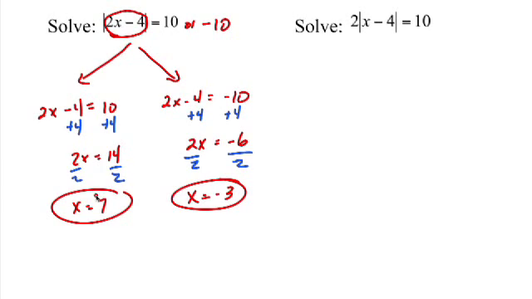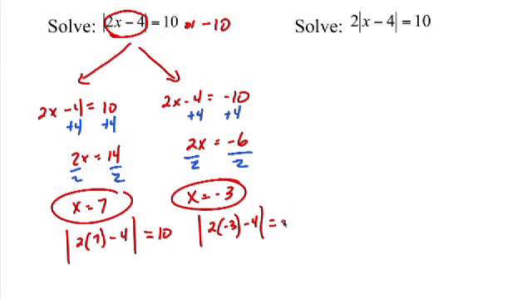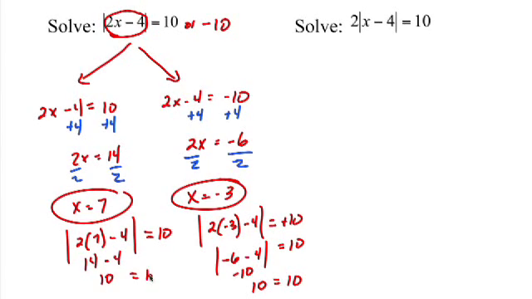Just to take a second, if you plug 7 in there, you get 7 times 2 is 14, minus 4 is 10, and certainly the absolute value of positive 10 is 10. If you plug negative 3 in there, negative 3 times 2 is negative 6, minus 4 is negative 10, but the absolute value of negative 10 is also positive 10. So both of those answers work. They do what they're supposed to do. I didn't mean to put a negative there, but just reiterating what Bill showed you. When the negative 10 in here comes out, it's positive. Then, of course, over here, this is 14 minus 4, which is 10, and we know the absolute value of that is 10.